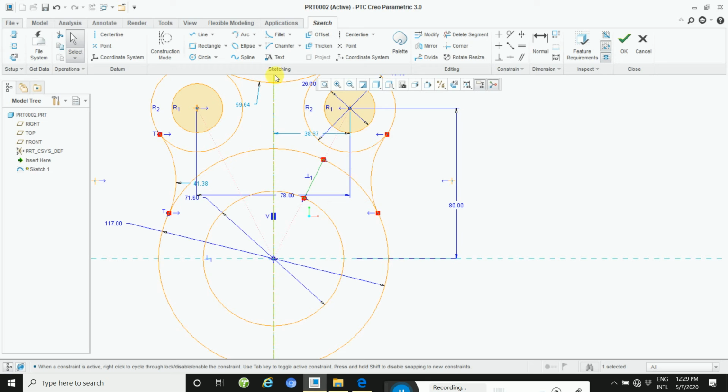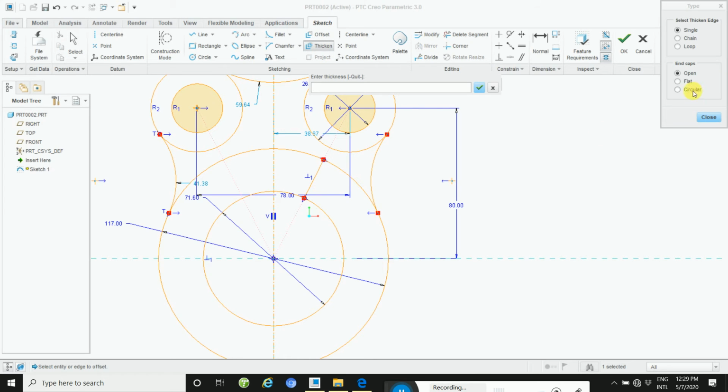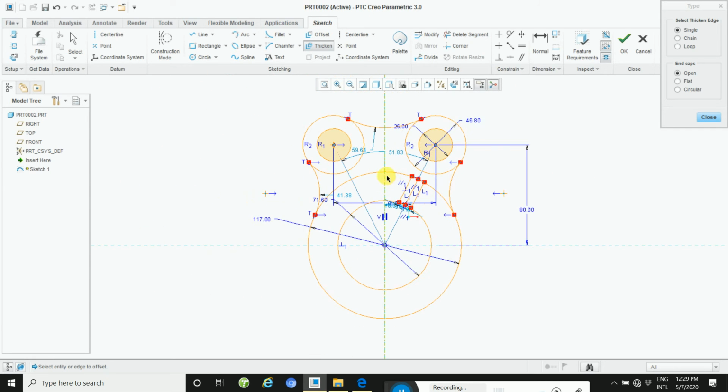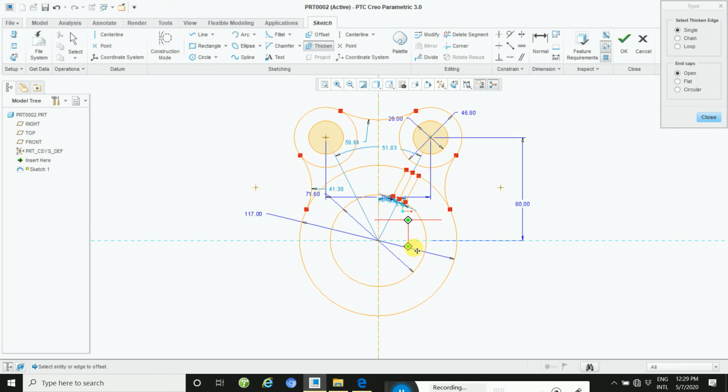Then you need to apply thicken. This distance is 10.4, so thicken, apply flat, open, and then 10.4 to 5.2. This way, and then merge, then apply mirror.